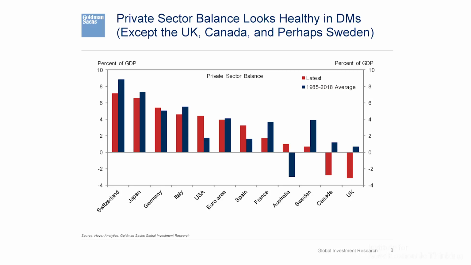For Japan in the 80s, in 89, they didn't quite run a private sector deficit, but they ran a very low private sector surplus relative to their own history. Japan has a very high average surplus, as you can see here, and that was true further back too. Relative to its own history, the private sector balance sent a useful signal for Japan as well.